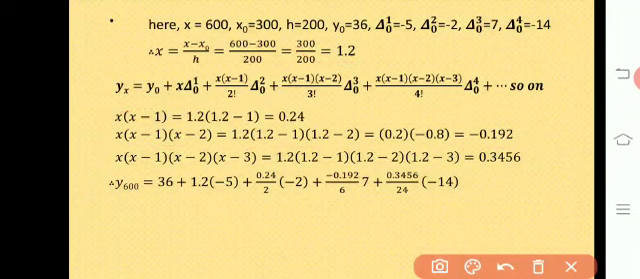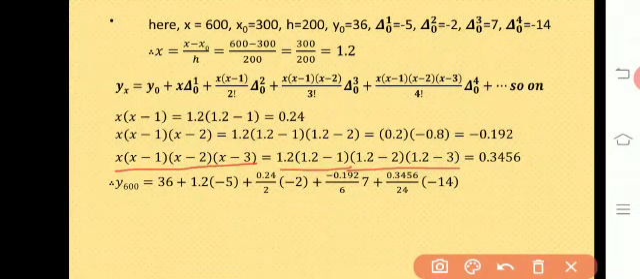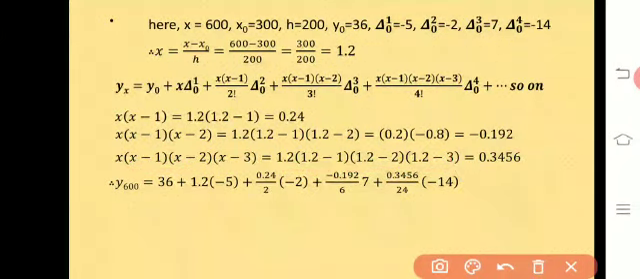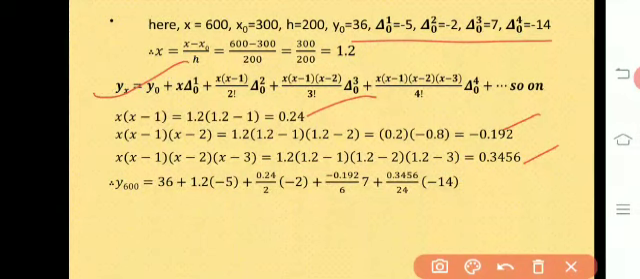0.192. Similarly, x into (x minus 1) (x minus 2) into (x minus 3) is equal to 1.2 into (1.2 minus 1) into (1.2 minus 2) into (1.2 minus 3). If you simplify further, you will get this as 0.3456. Then put all these values in the formula, and you will get y at the wage 600, which is equal to